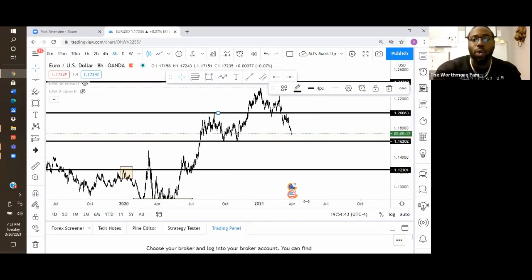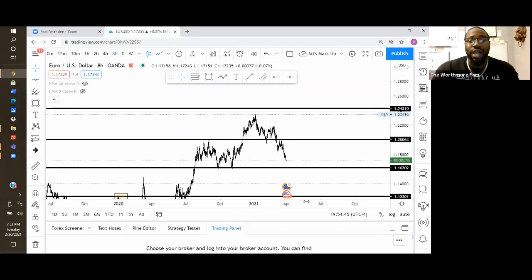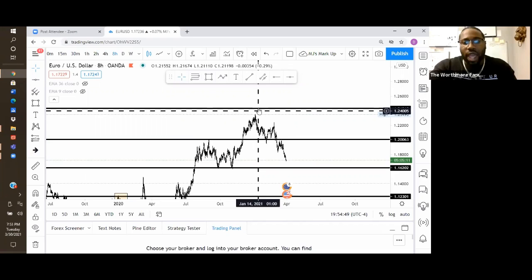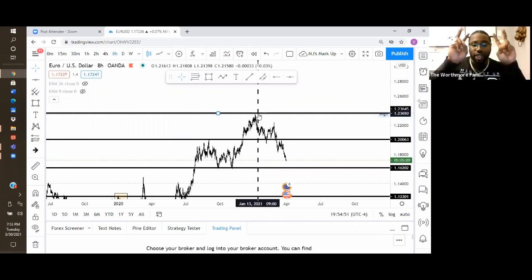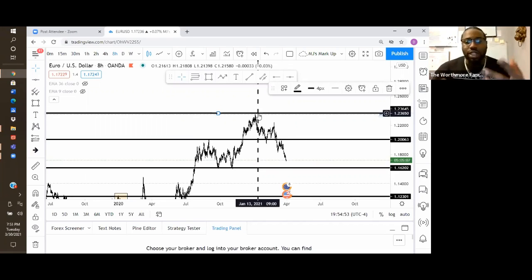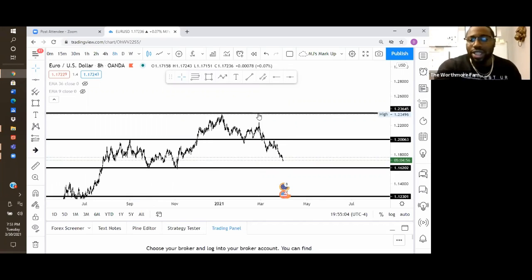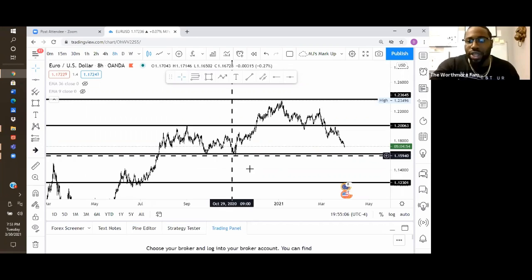So essentially what we want to do, or what we want to have done, is found areas that price has come to and rejected and turned around and gone in the opposite direction. Now, let me show you guys how you could have used this on some potential trades, right? So that way you could have made a lot of money. Okay, check this out. So let's deal with this area right here,